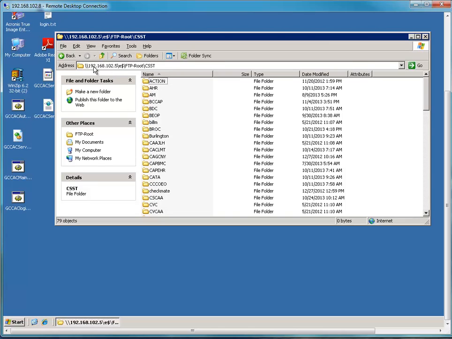Now you notice the address now is a network address, 102.5 on our internal network. So we're looking at a separate server here at this point. This server, the CSST FTP server, holds all of the CSST install files, all of the files that are necessary for periodic CSST updates, and all of the documentation files, and in addition to that, a separate folder for each